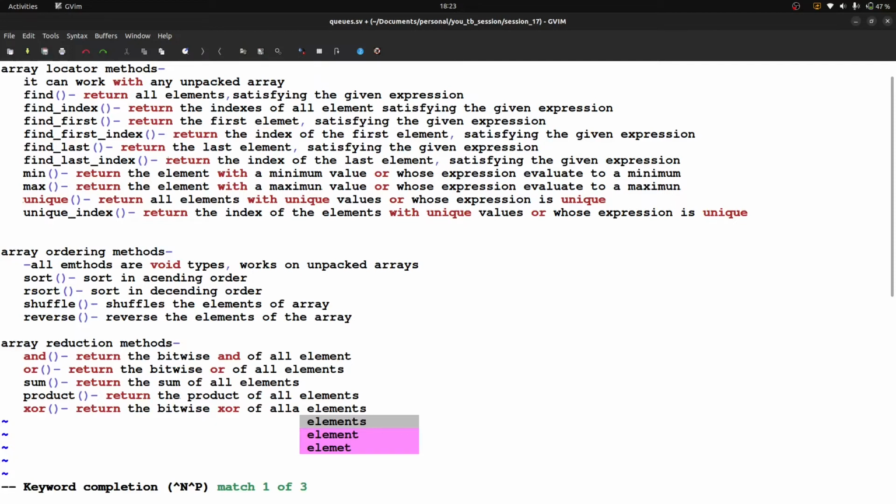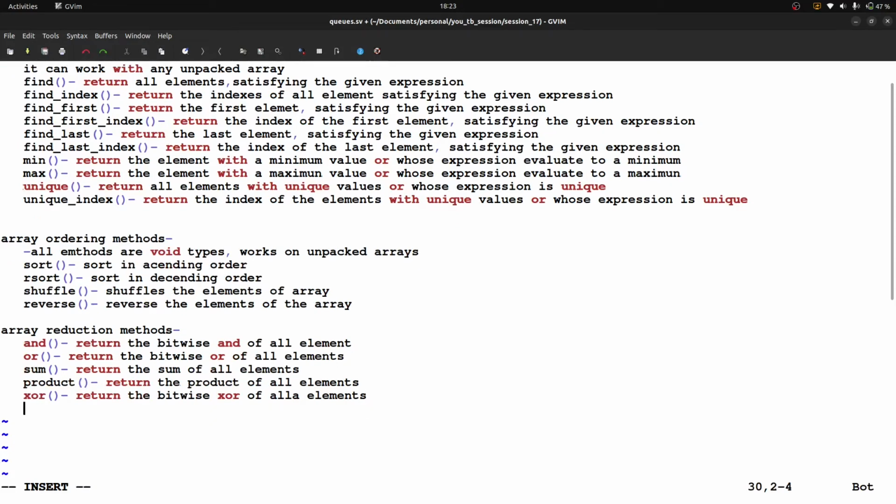After that we discussed array ordering methods. After that we discussed array reduction methods, right? So now next methods are array querying functions.